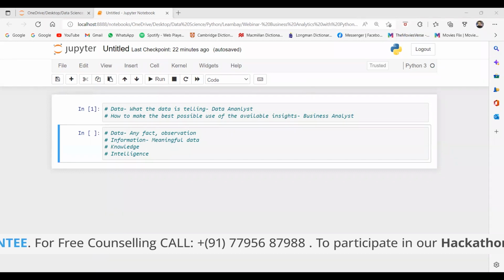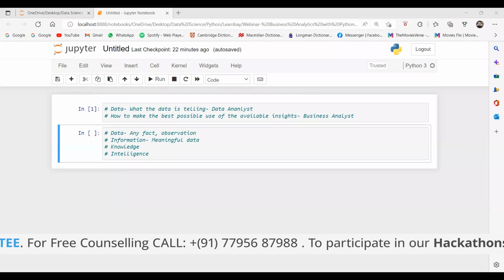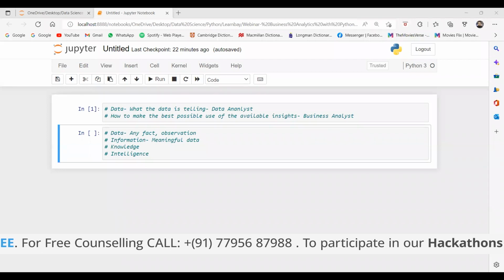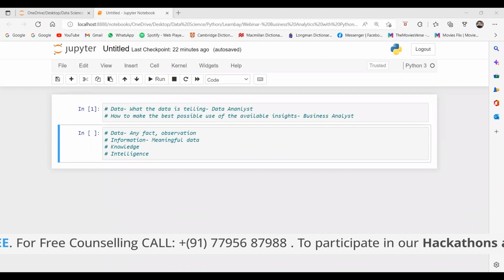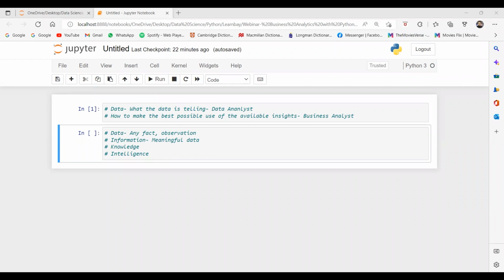Okay. And how to clean the data and all. A business analyst always thinks in the context of the organization, whereas a data analyst always thinks in the context of the data. A business analyst thinks, okay, I have this data and this data is telling me something, so what can I make of it, how can I make the most of it in context to organizational growth? How can I use this data to make my organization stronger? Are you getting my point?